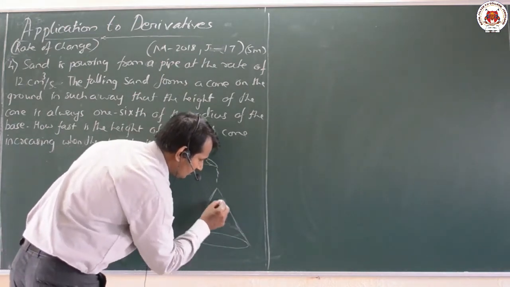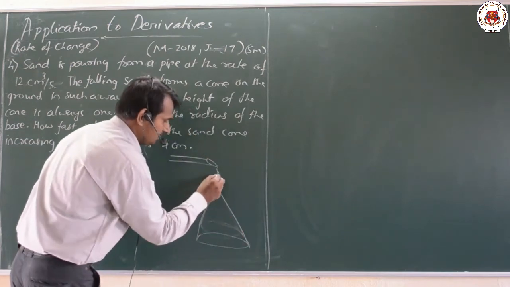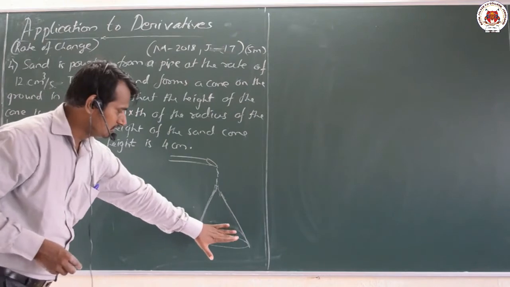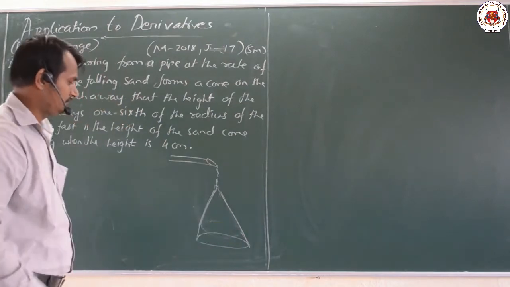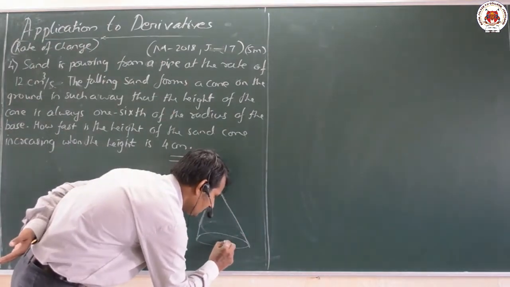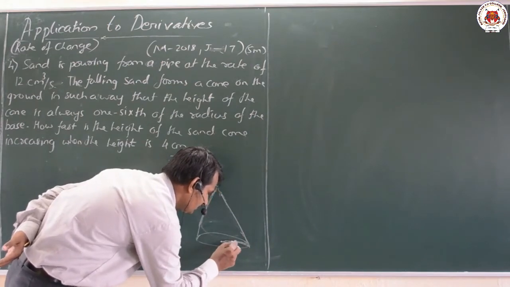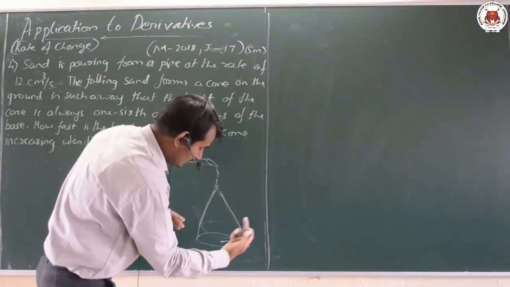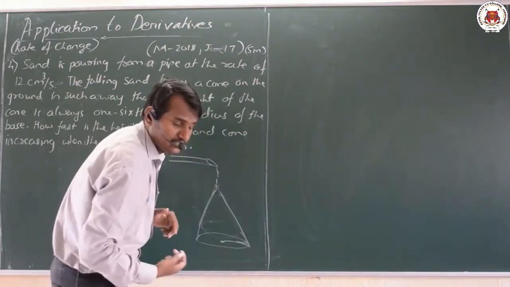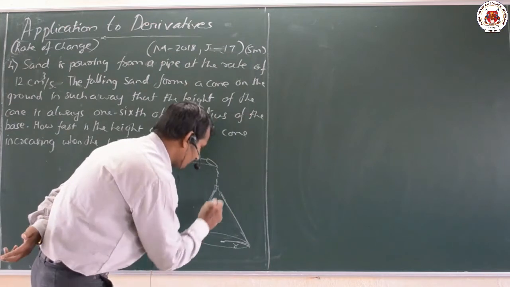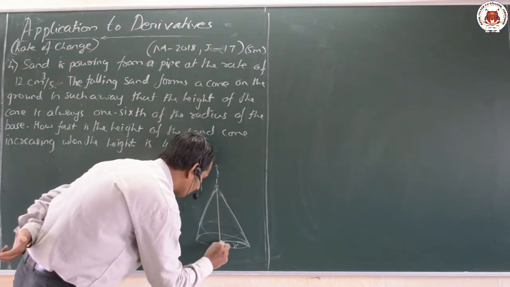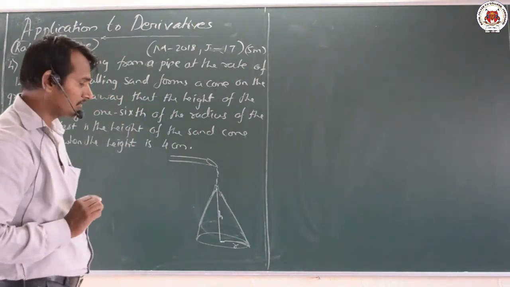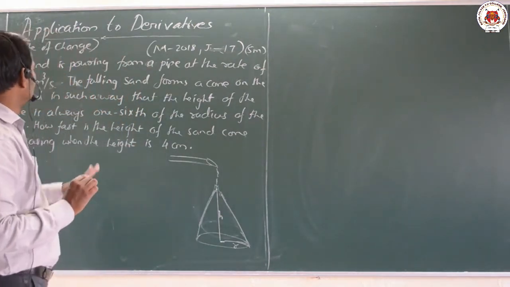As the sand is pouring here, dear friends, what is happening? It is forming a cone shape as we pour the sand onto the ground. So this will be our radius, the radius of the ground. Why? Because this is a cone shape, the bottom will be a whole circle, and the middle distance is the radius of the circle, which I will take as r. And the distance from the middle to the top, I will take as h. That is nothing but the height of the cone. This is the given data.